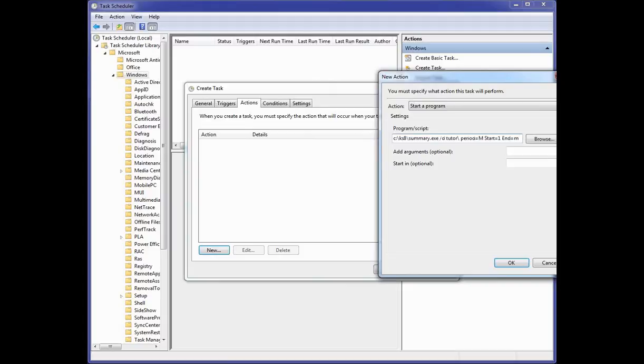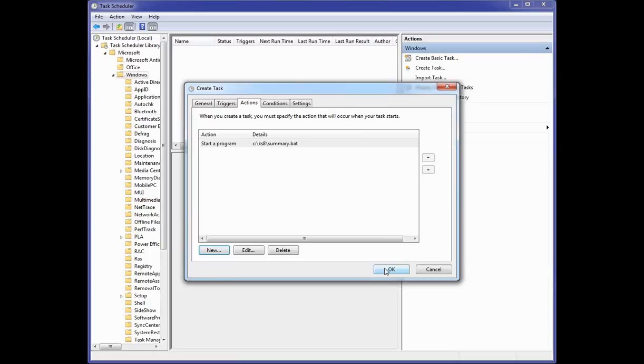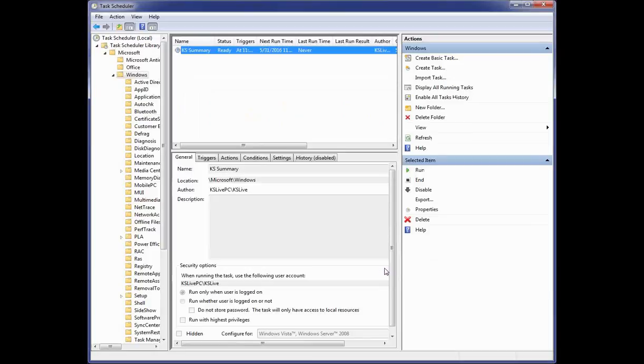There's a bunch of things you can do, but I like doing the batch file. That gives me some control, and so that would just be, I'd be running summary.bat is what I called it. And okay, and so now this is set, ready to go. I've never run it, but it will run on the 31st of the month automatically, and so that information gets generated. And if I switch back to my Windows Explorer,